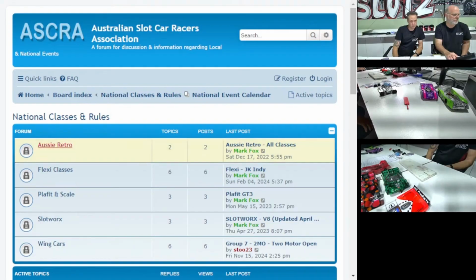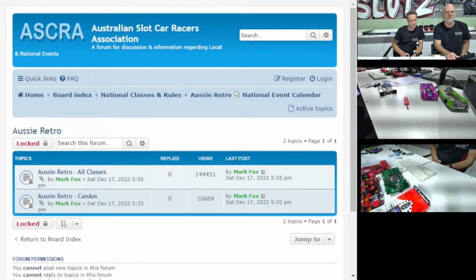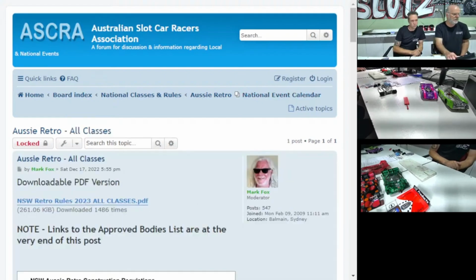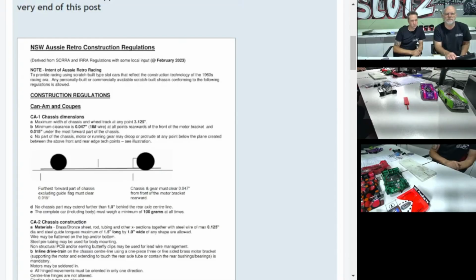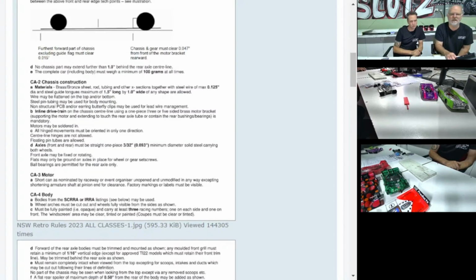So I can click on Aussie Retros there. I believe it's in the all classes, and then we can go through the rules of how to build these Aussie retros, the specifications, dimensions that you need to adhere to have a legal car. Just on that point,